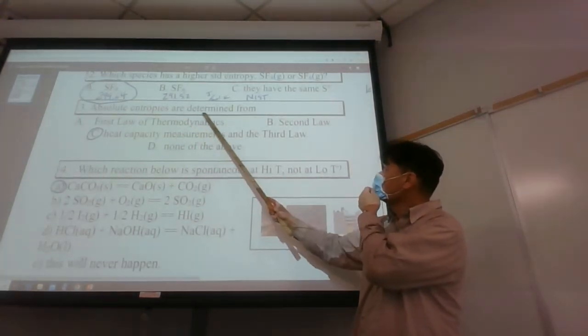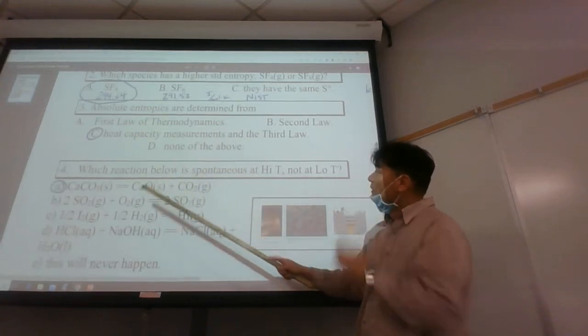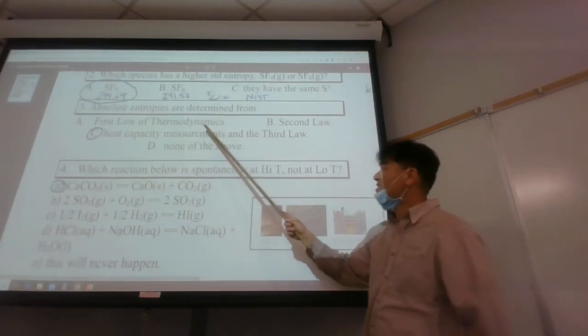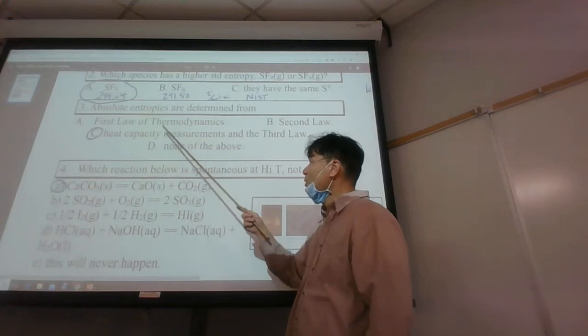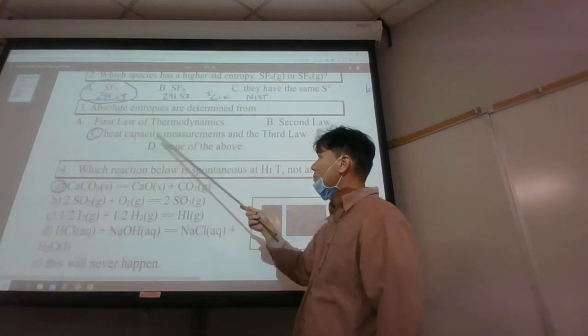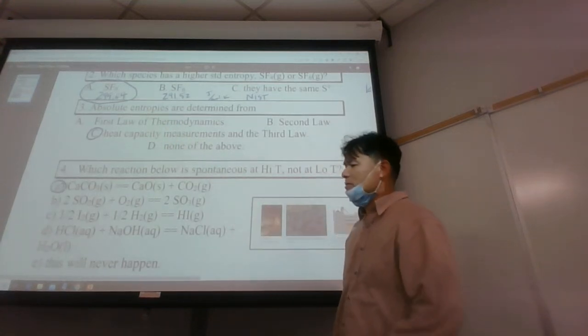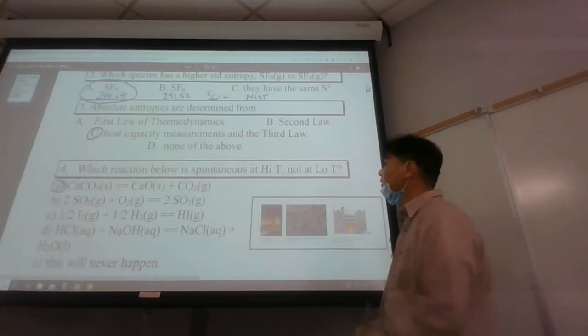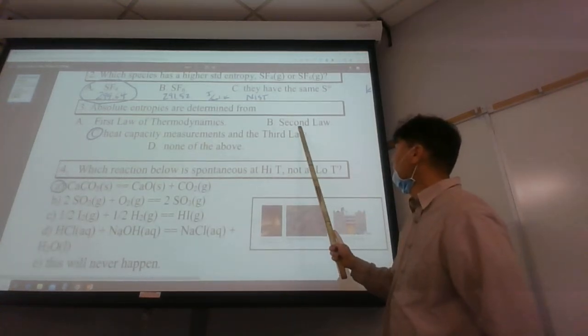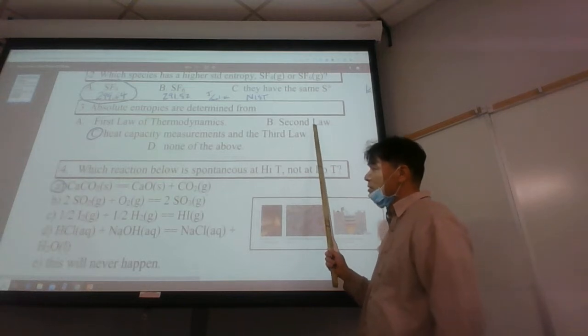Third, absolute entropies are determined from the first law. The first law of thermodynamics just says that energy is neither created nor destroyed. Energy is conserved, and so the energy content of the universe is fixed. The first law of thermodynamics. The second law of thermodynamics is the driving force: the entropy of the universe increases